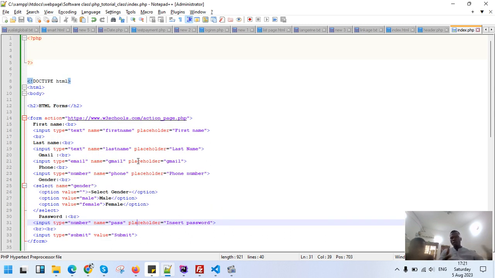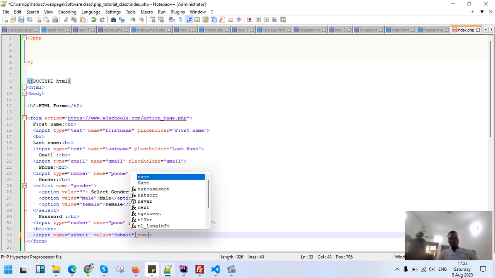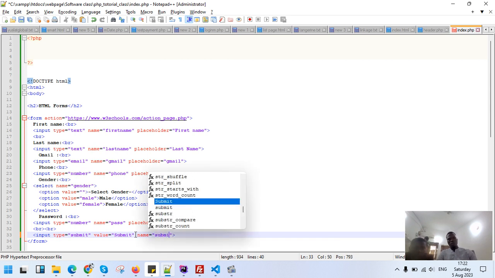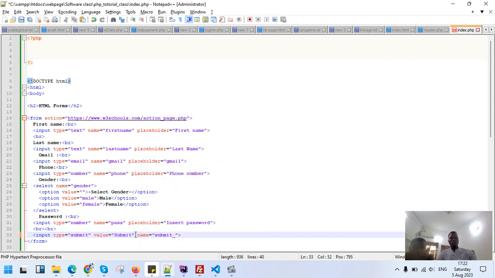Now, all these things that we've done, we now want to call them in PHP. Now look at this last field. That's input type submit, value submit, and what we need is to put a name. That name is what makes it unique. So call it submit data. So when we come back up here, so just if it's set,